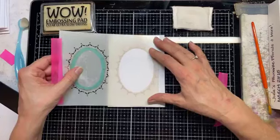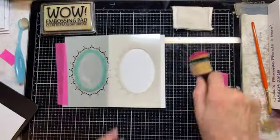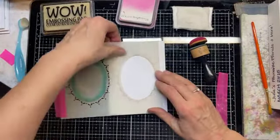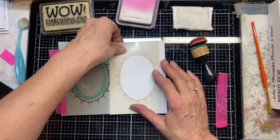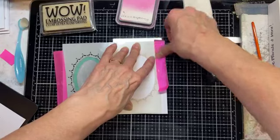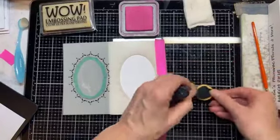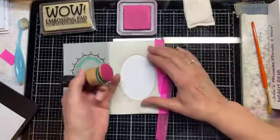So next I'm going to put my oval down, and I need to find a pink. Got a pink blending tool, and we'll have picked raspberry. And I'm just going to line up my oval now, so that I've got a nice border all the way around the edge. That looks about right. And I'm going to put a bit of tape down the side, and I'm going to bring the other piece of tape to cover the bottom of the card up. I'm not going to go anywhere near there, so I shouldn't go over the edge, but just to make sure. So I'm going to load up some picked raspberry,